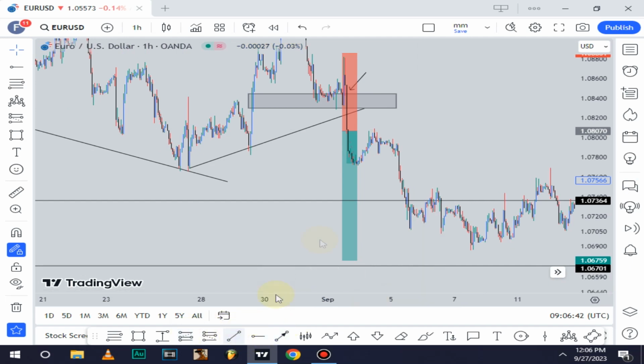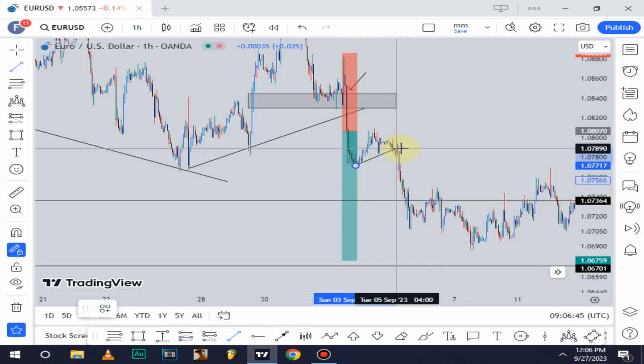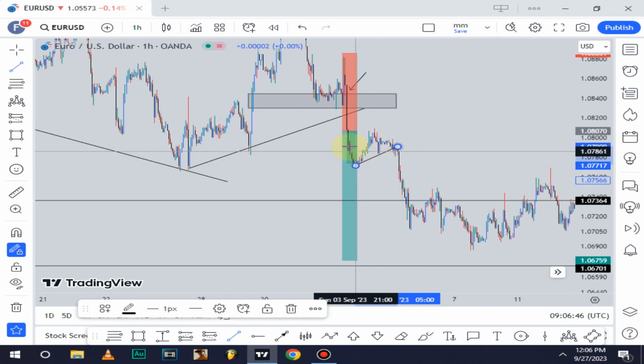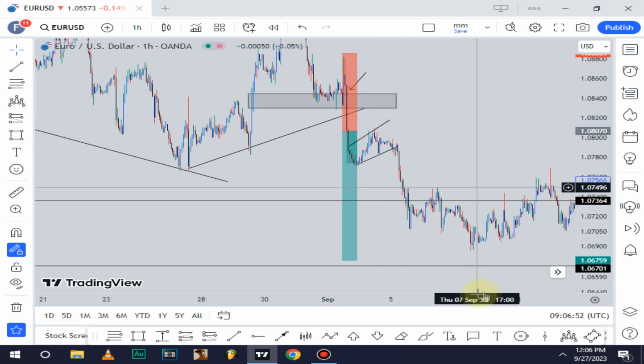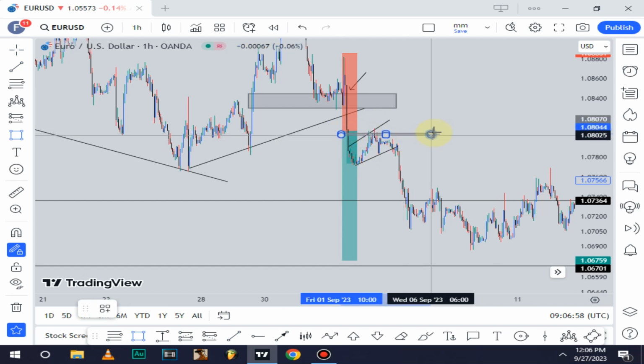All right, the market does communicate, guys. It is just up to you to open your eyes and understand what the market is doing. Look at that. So for now I can see this is what was happening. The market gave us a continuation pattern, so all we needed to do is make this